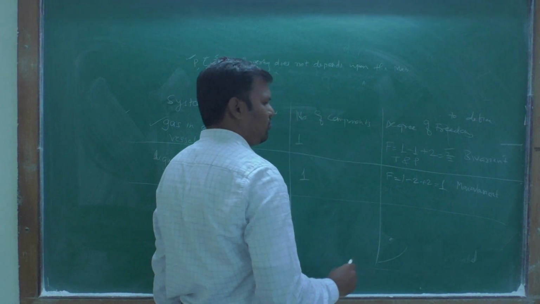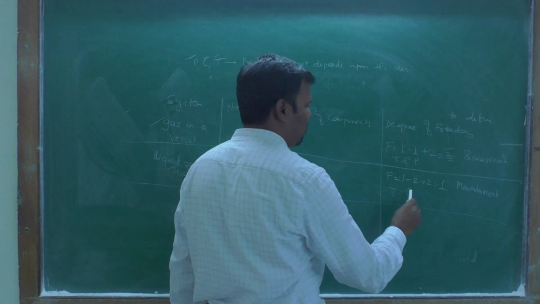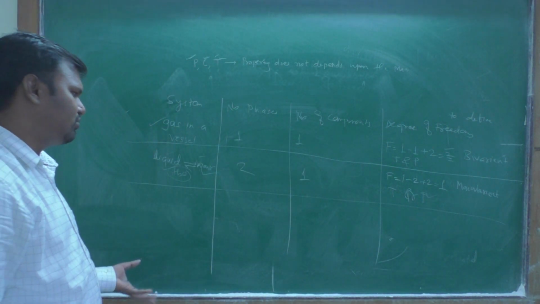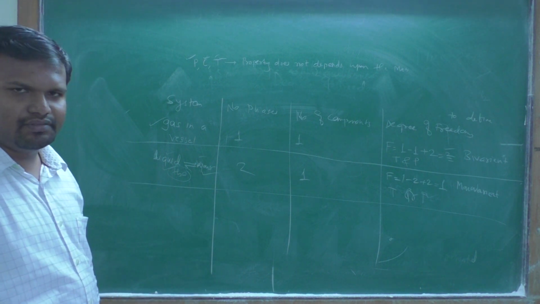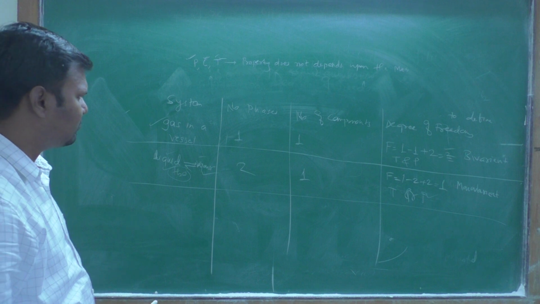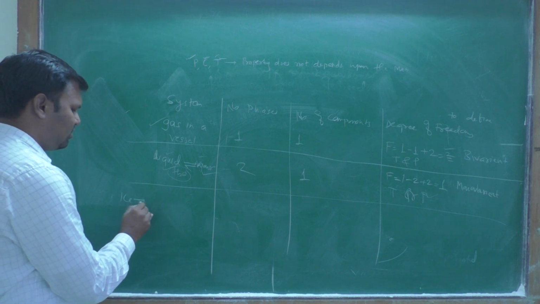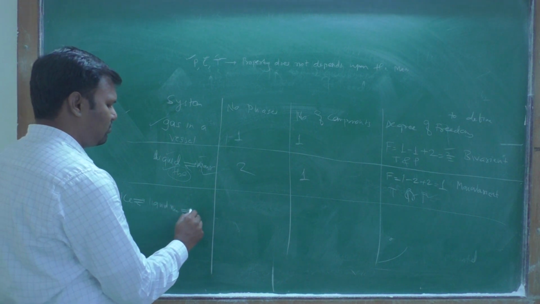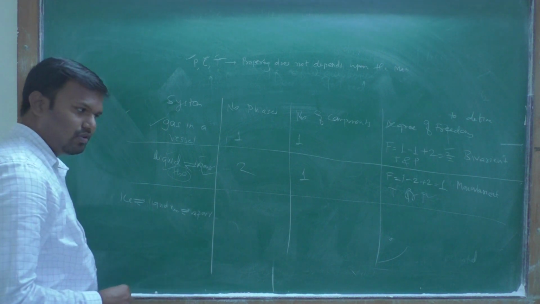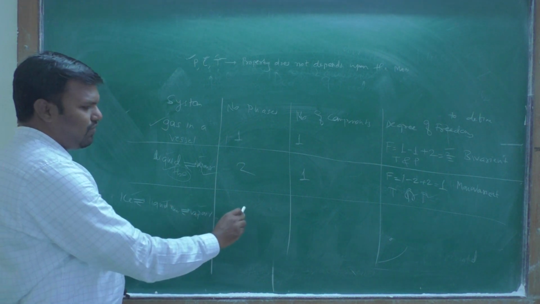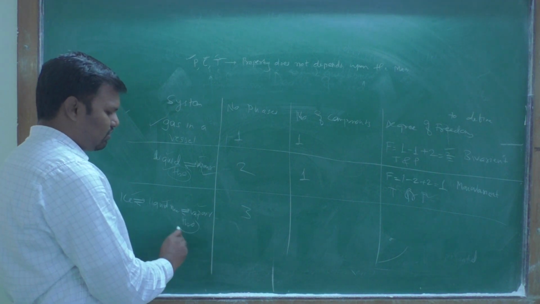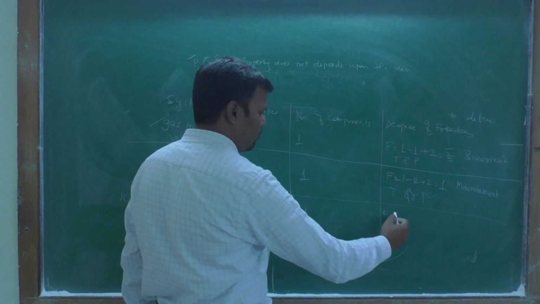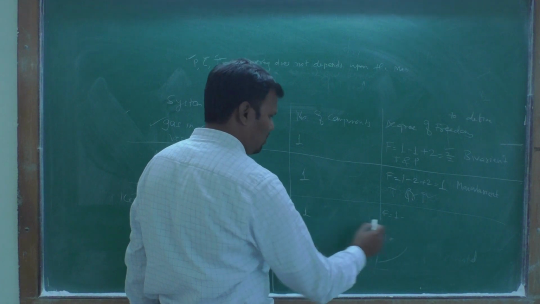And if it is a monovariant system, it is only a temperature variant or pressure variant system. You can vary the pressure or you can vary the temperature, and then this equilibrium is maintained. This is a monovariant system. Then we have the system where ice is in equilibrium with liquid water, liquid H2O, and liquid H2O is in contact with the vapors. In this system, there are three phases, and the chemical composition is only one, H2O. Therefore, the degree of freedom will be equal to the number of components 1 minus 3 plus 2